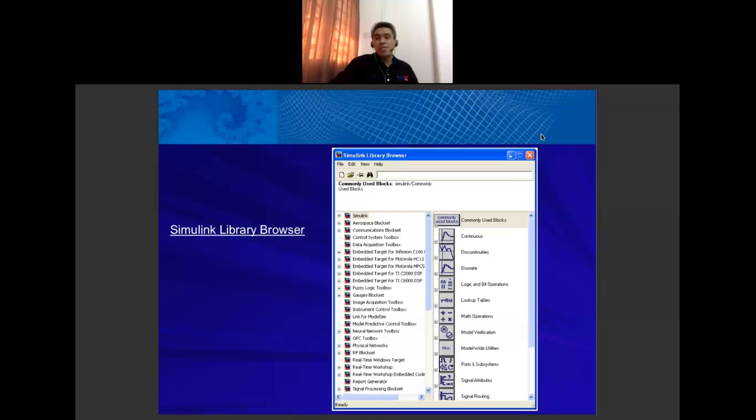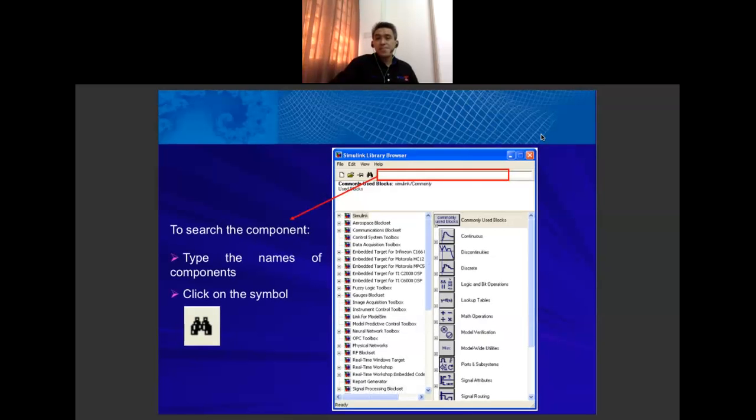We can find any components or devices in the Simulink Library Browser. How to find them? First, to search for a component, if you know the name of the component, you can type the name here, and then click at this symbol.